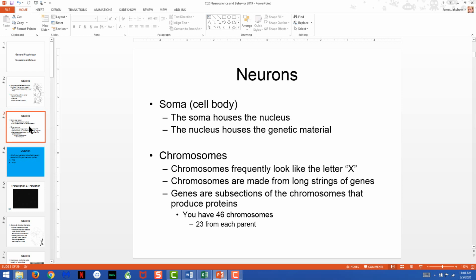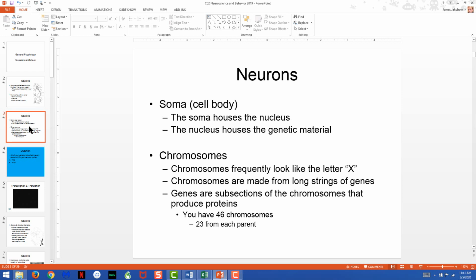So the soma is not swollen just because of the nucleus. There are a lot of other systems present there that require more space. We will not be discussing all of the various organelles inside of the cell. We're going to selectively focus on the parts of the neuron that are related to controlling overt behavior in the organism. So for our purposes now, we're going to continue to zoom in, in our hypothetical example, on